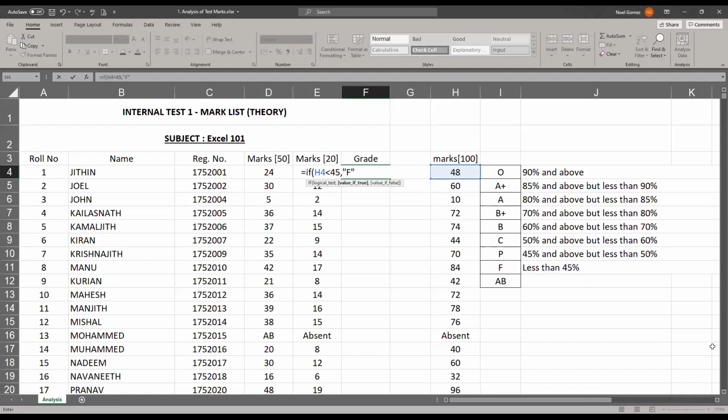And if it is false, then that means he has a grade which is above 45. But I don't know which one. So I again go to another if condition. So this is the nested if. So again I type if, and again open parenthesis. Again H4 is less than. Now the next slab is 50. So if it is less than 50, he gets a grade of pass P, comma,